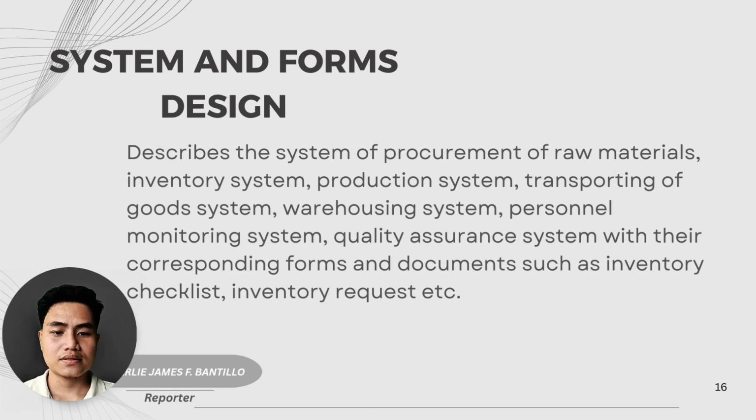And the last, quality assurance system. This ensures that the product meets the standard of quality before being sold or delivered. Examples of these forms are quality control checklist and inspection report. In short, system and form designs make sure that every business activity, buying, producing, storing, delivering, and monitoring, is well documented with the right form so nothing is